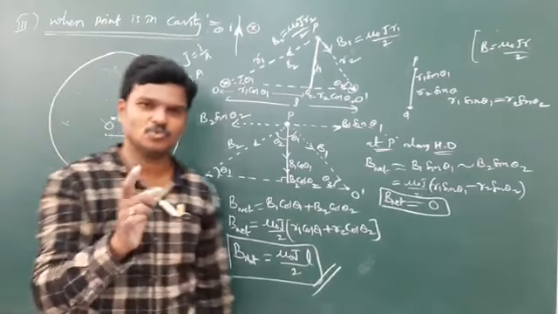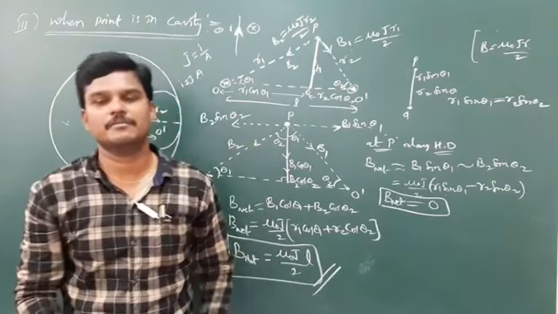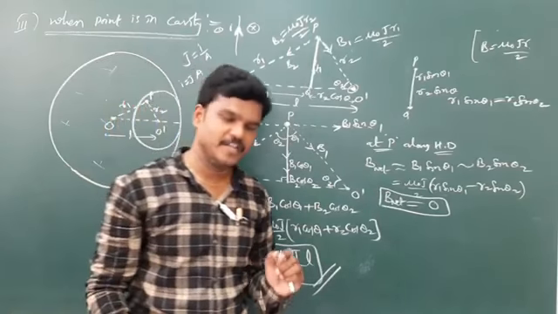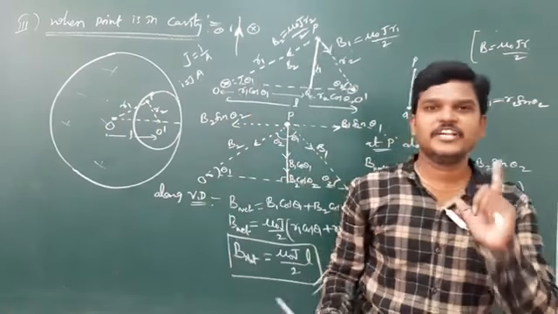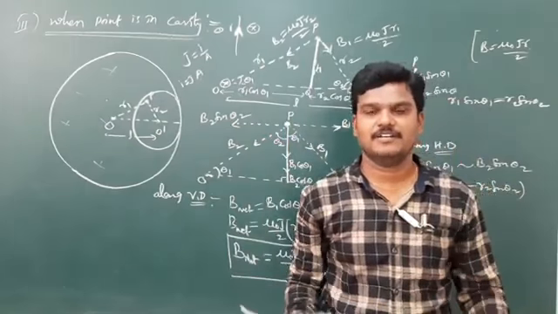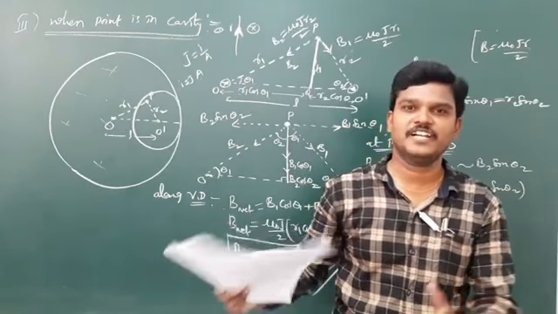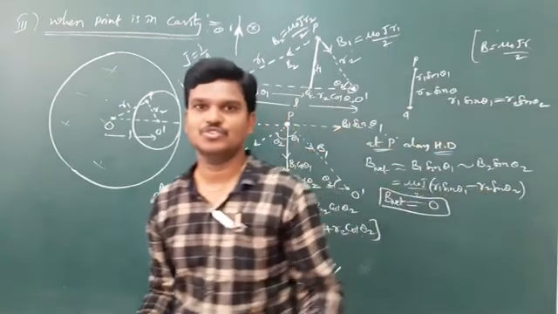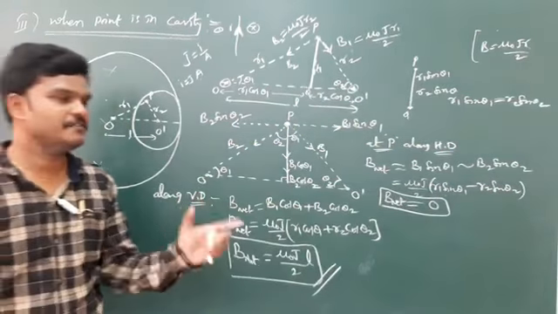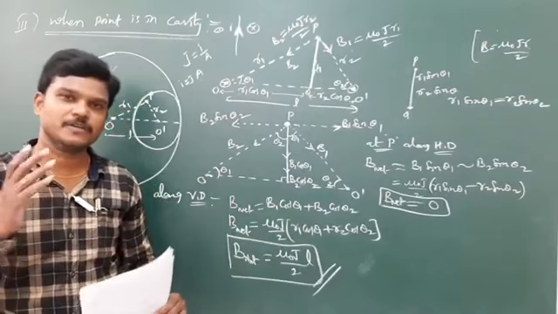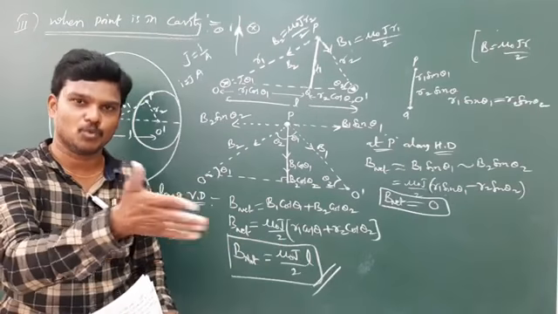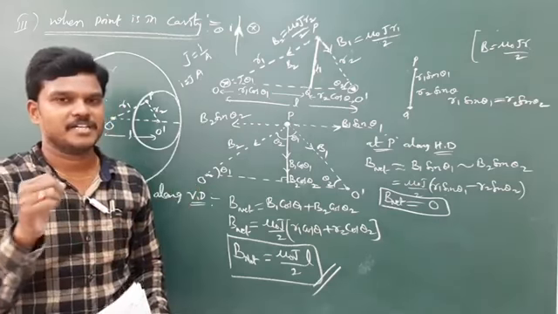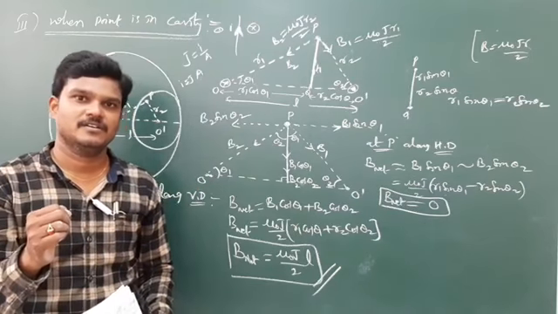Actually Fleming's rules will come in the next coming chapters like electromagnetic inductions. Those will play the main role in identifying the induced EMF and other things. If any magnetic field changes, then we are going to use Fleming's rules. But here for our convenience I use it somewhere, but actual rule name is right hand palm rule. Right hand palm rule. Keep in mind. Okay, practice all these things.